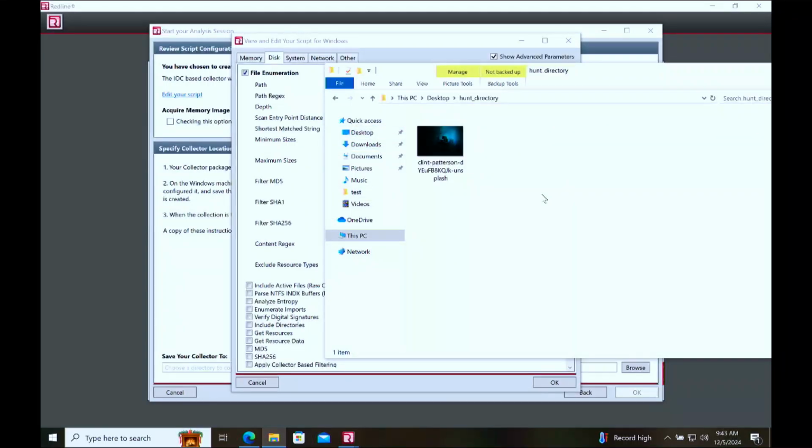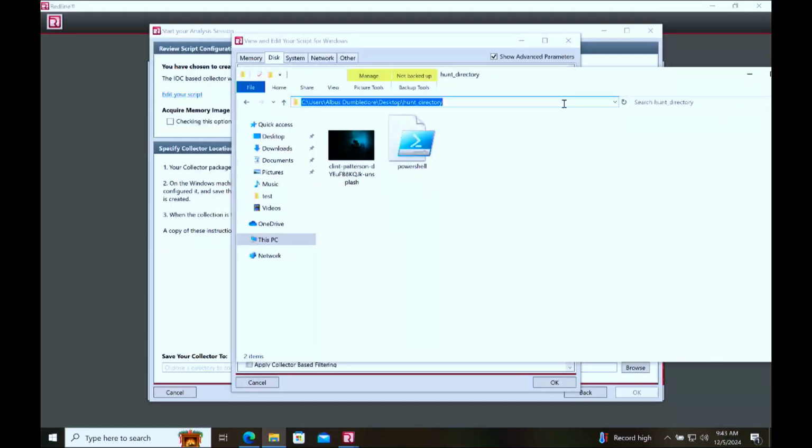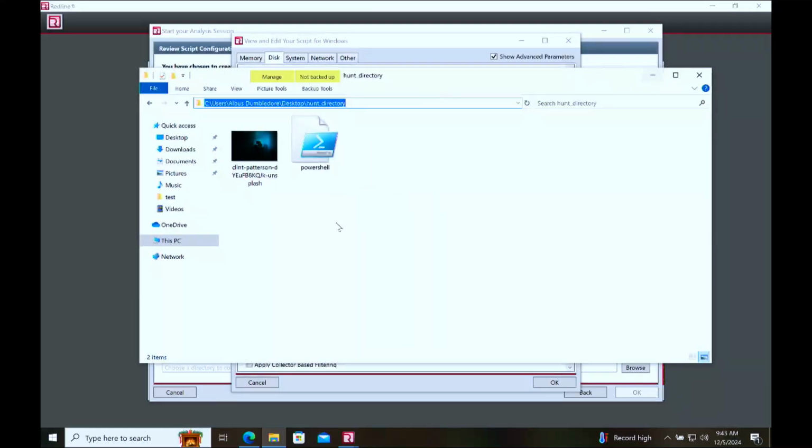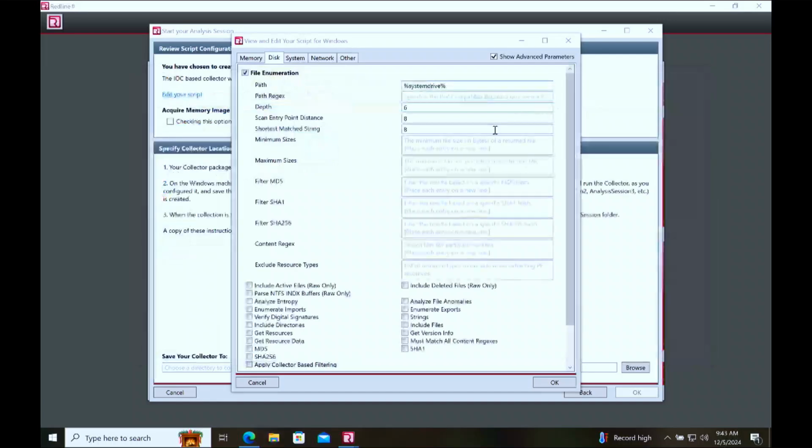So maybe I can put this also in the hunt directory, right? So it's not just having that file. I could mix this anywhere, but for example, I just want you to find it here, right? Look here, right? And say